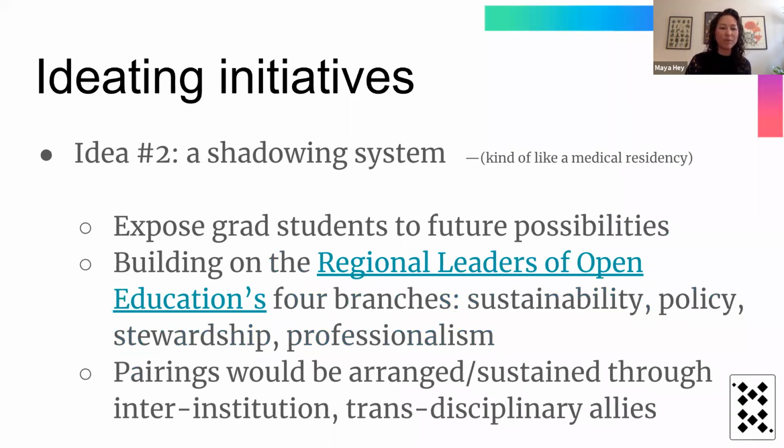My second idea would be a formal shadowing system. Think of medical residencies and how pre-med students are exposed to a variety of specializations on the ground in real time. These kinds of shadow opportunities would expose grad students to future possibilities with open ed, such as ways to promote OER sustainability, policy, and stewardship. Importantly, the pairings would be made across institutions and across disciplines based on interest, availability, and formal agreements to respect